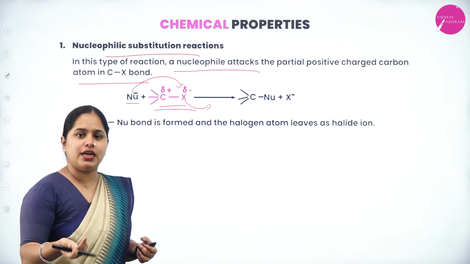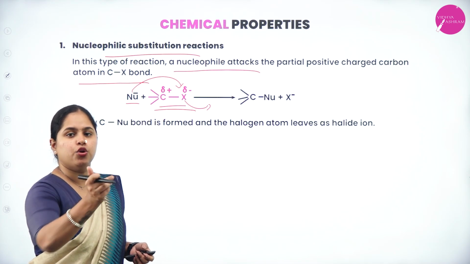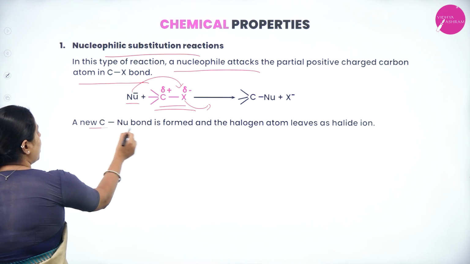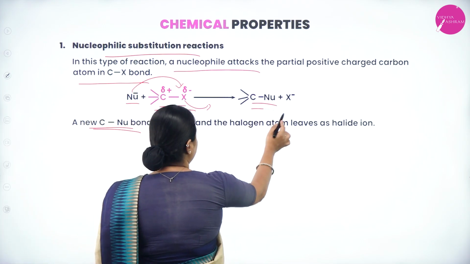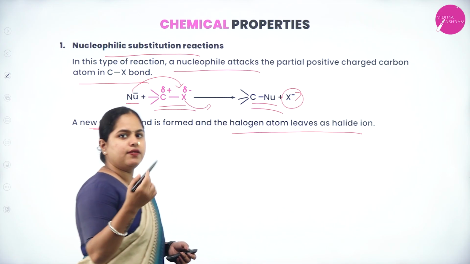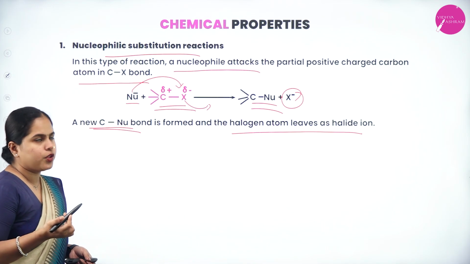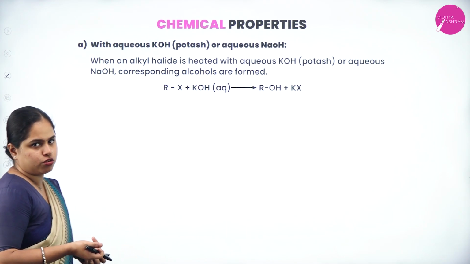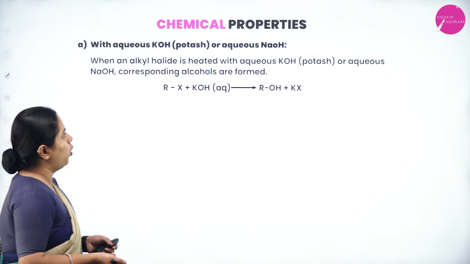The halogen atom will be substituted by a nucleophile. That is why it is called nucleophilic substitution reaction. A new carbon nucleophile bond is formed here, and the halogen atom leaves as a halide ion. It will leave as X minus ion. Clear? Now the first one we are going to study is nucleophilic substitution reaction with aqueous KOH or